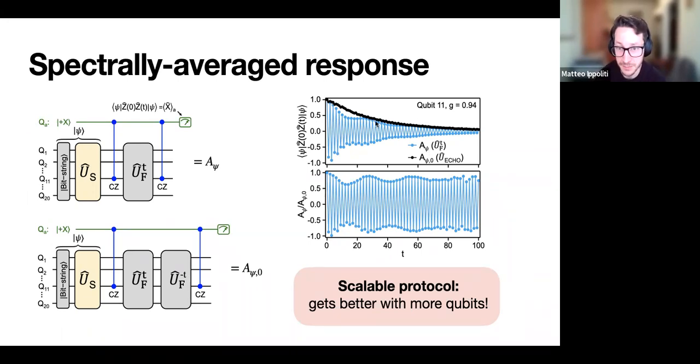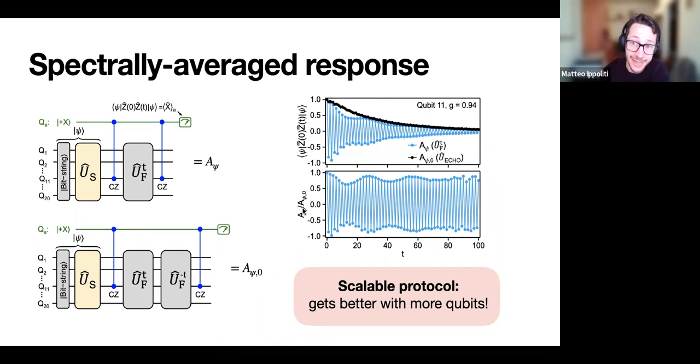We have this black curve, which again closely matches our decay at late times, and we can take this ratio that gives us oscillations consistent with some finite amplitude for this state, which is implicitly averaging over the entire spectrum. So this is again a non-trivial check that this response is not a fine-tuned behavior of certain states, but really is present in the entire spectrum, or at least a finite chunk of the spectrum.